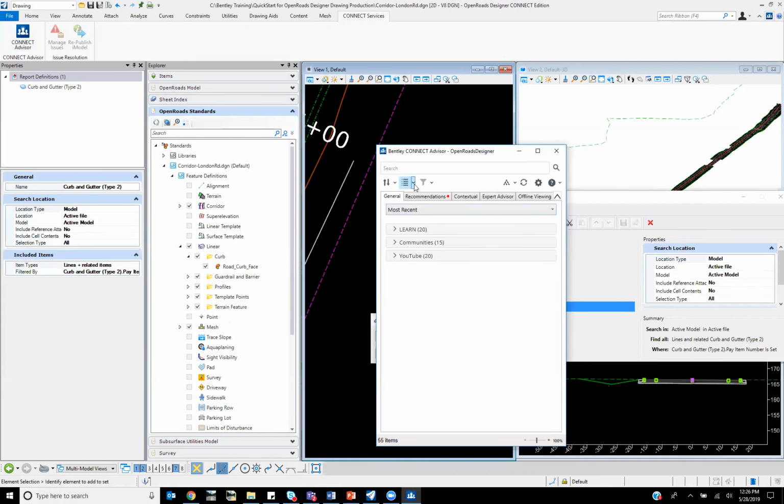So I can pick what I want to search through. Like if I wanted to search everything, or if I just want to search the Learn content, or if I just want to see the communities, or even YouTube. And so you can say